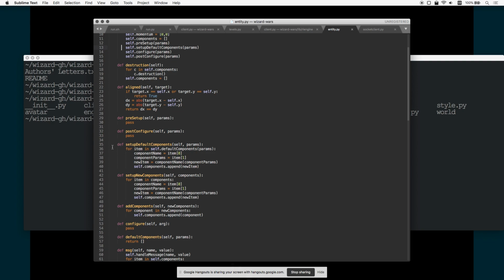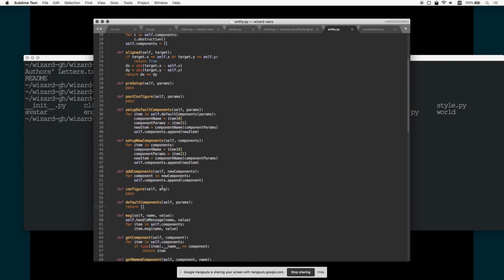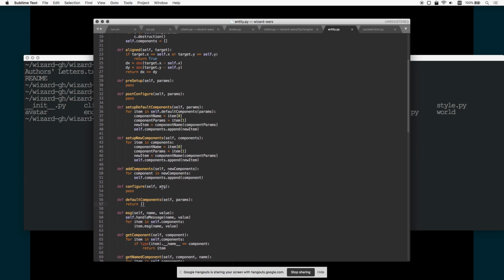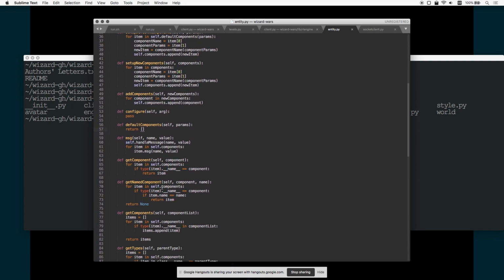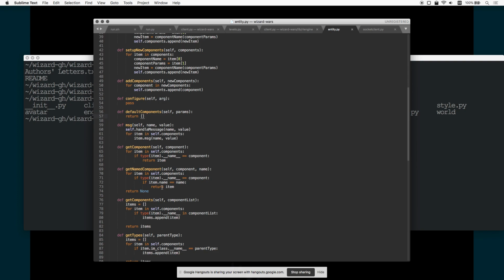This function just goes through and looks at the default components and installs them onto the entity. By default, entities have no components, so you have to add components. Monsters or avatars will have components on them that give them behaviors like health and being able to take damage from things, that kind of thing. So yeah, this is our base